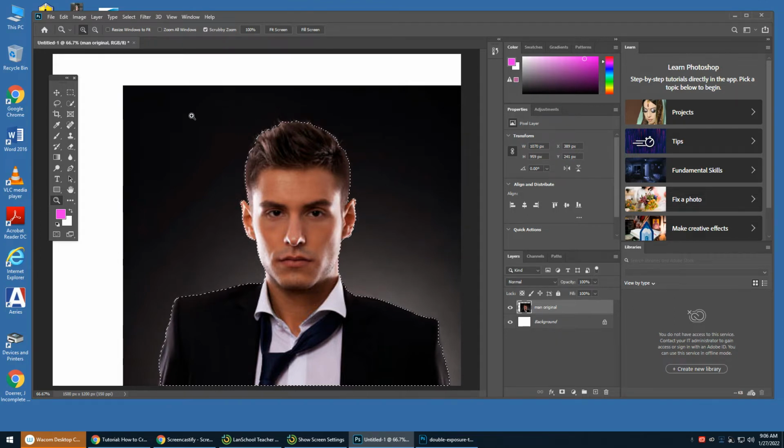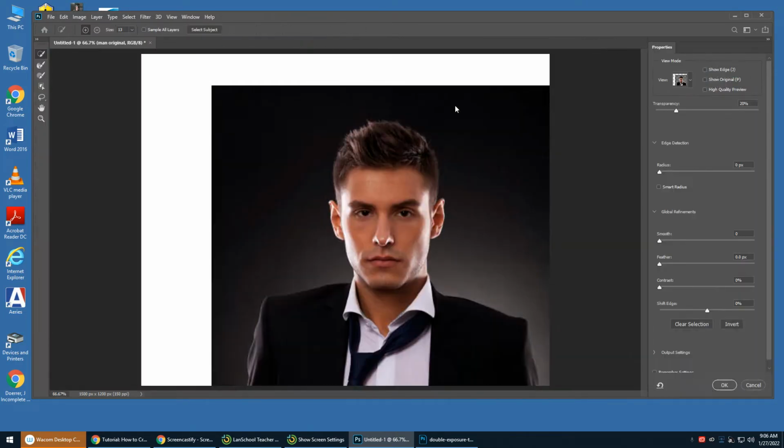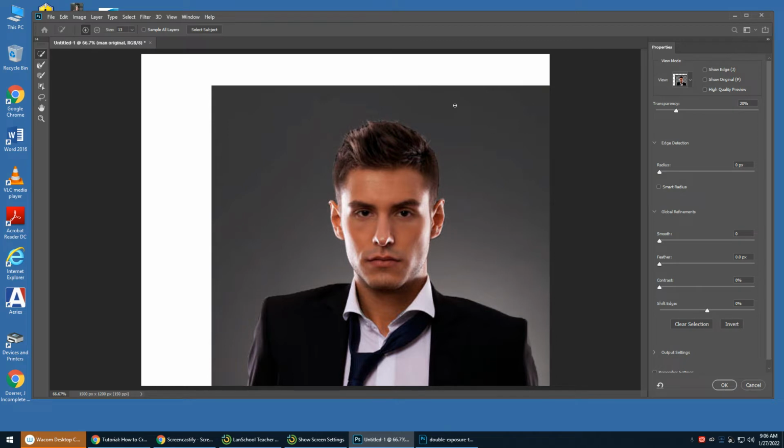All right, once you've got your selection, let's make sure you go back to the quick select tool so that we have our submenu up, and we're going to click select and mask. Select and mask, and it's going to take us to this refine edge menu. All right, so now that I'm in select and mask, we're going to do a little bit of